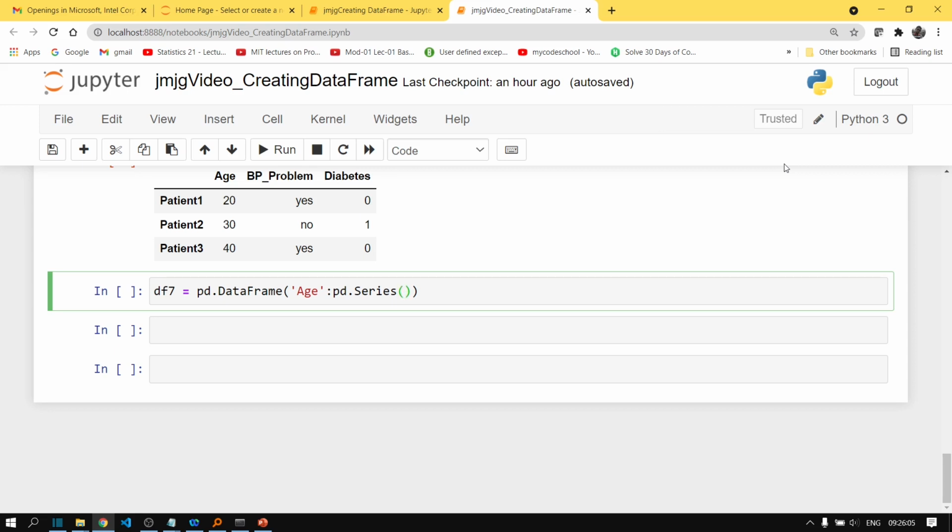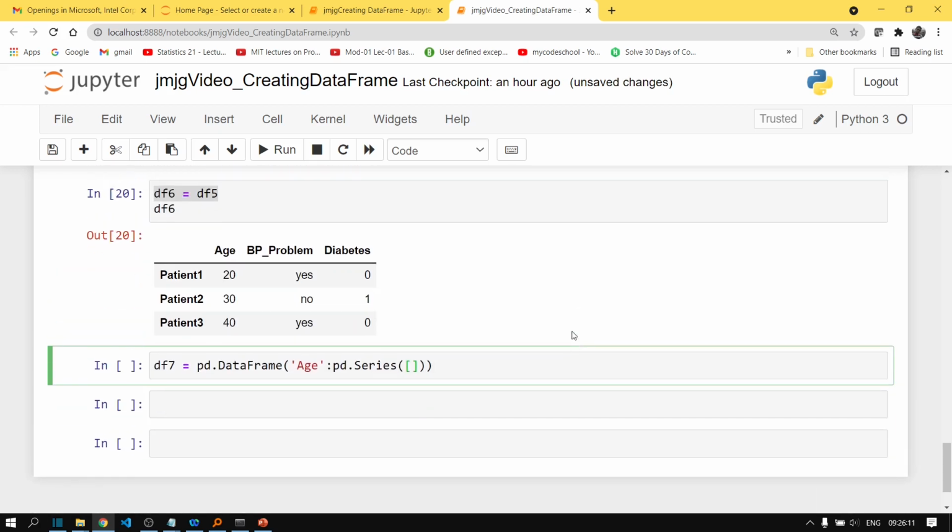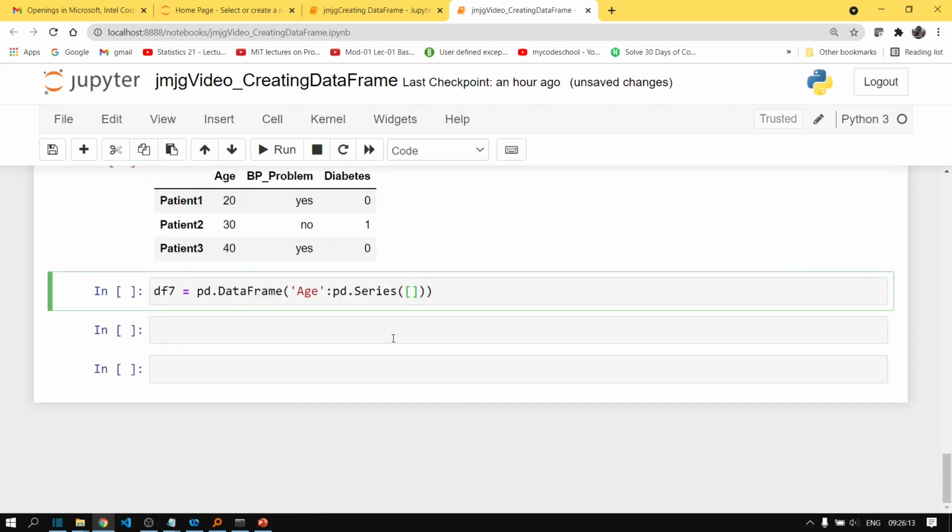Don't get bothered about series too much. We will discuss it in detail in our next videos. So inside the series you can pass the values, let's say 20, 30 and 40. Similarly for BP problem, you can also pass a series.